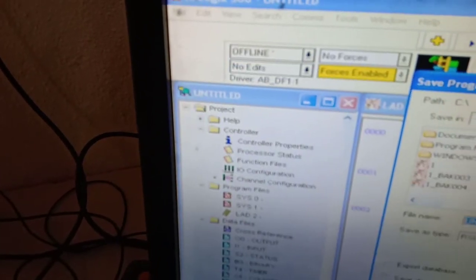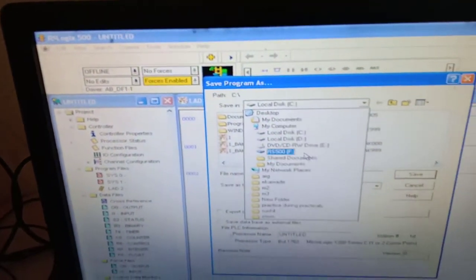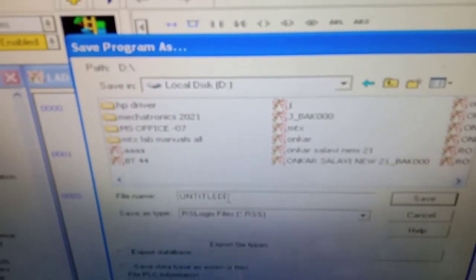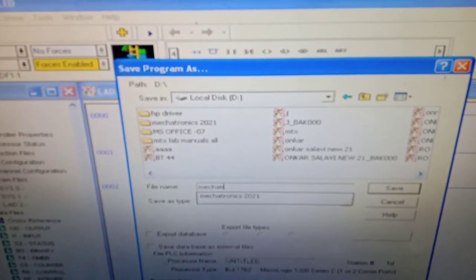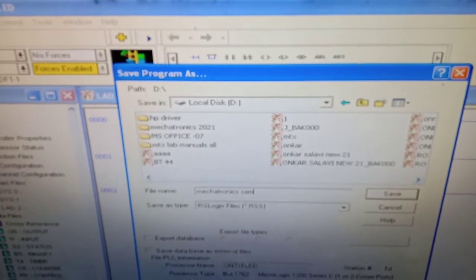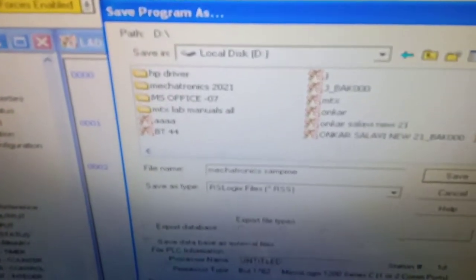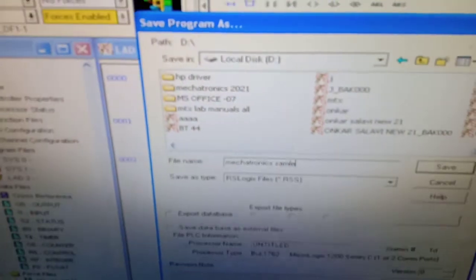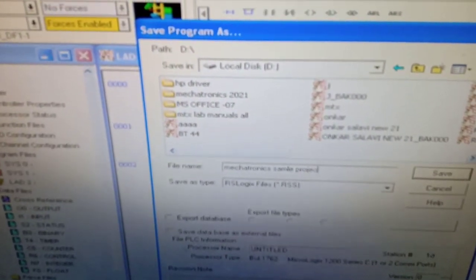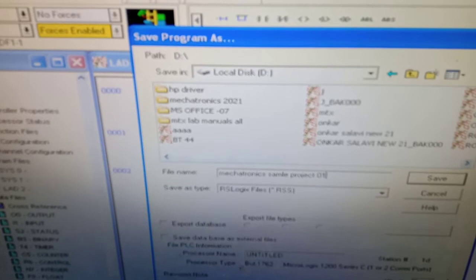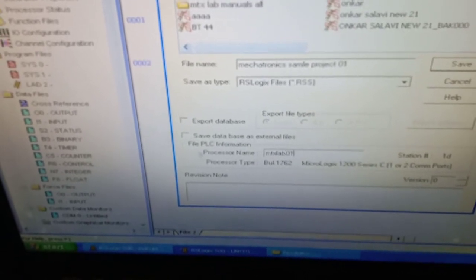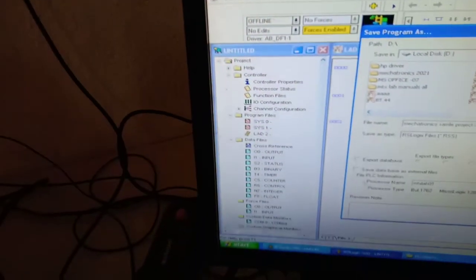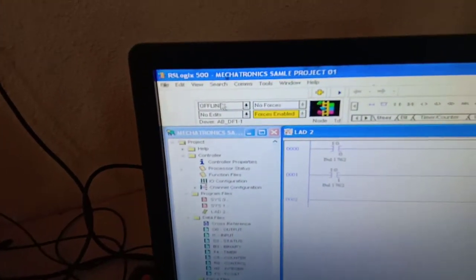You can select the directory, give the name of the project, and then give the name of the processor. Then save this.